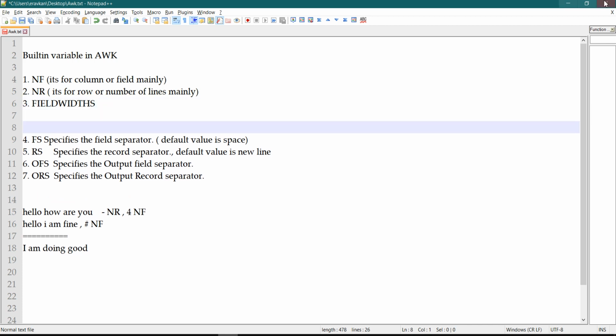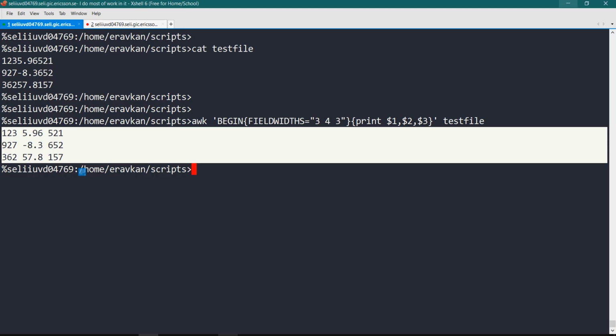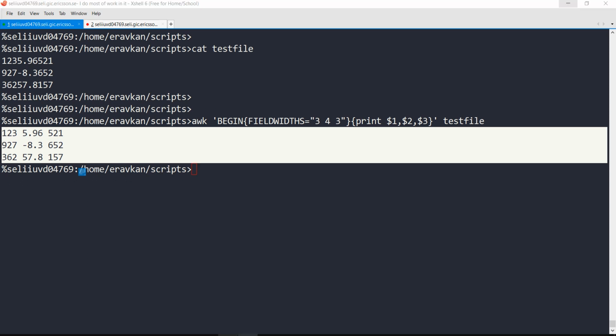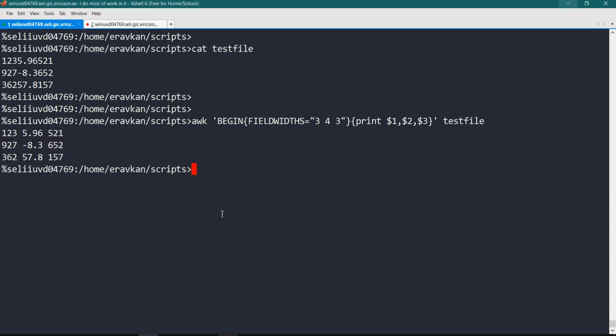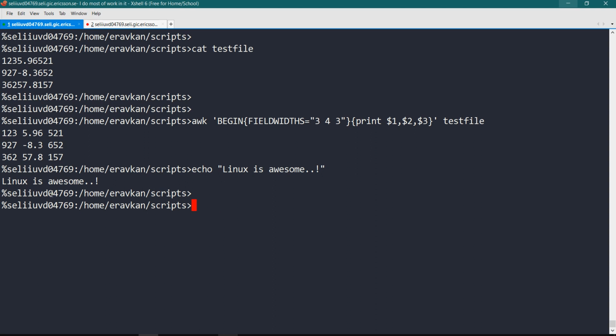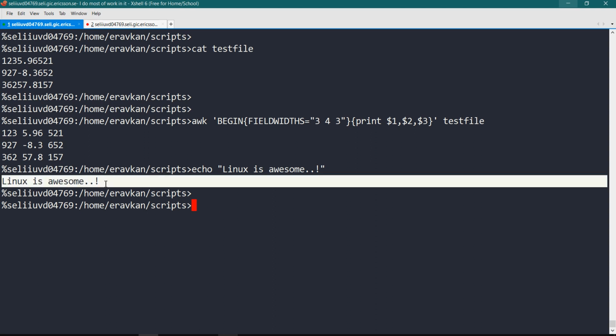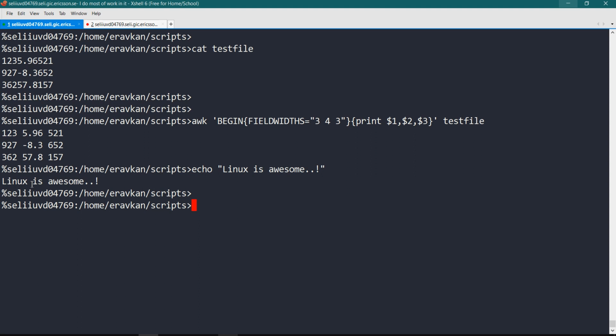Now let us move to field separator. I will explain field separator. I have already explained this, but I will explain it again. This field separator tells you how your fields are separated. Suppose this is a line, a particular record. In this record I am using "is" as a field separator. Then I can write this like